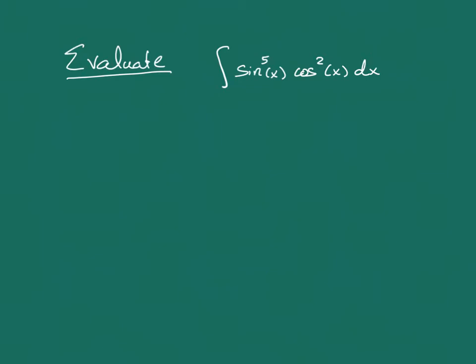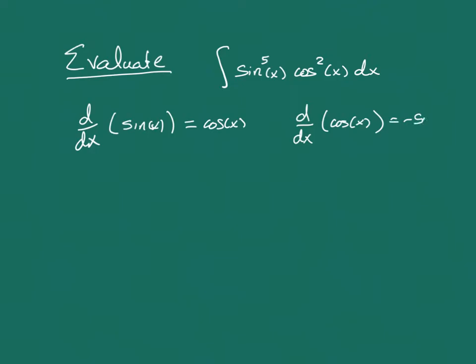So remember that we've got the derivative of sine just being cosine. We've got the derivative of cosine being minus sine,